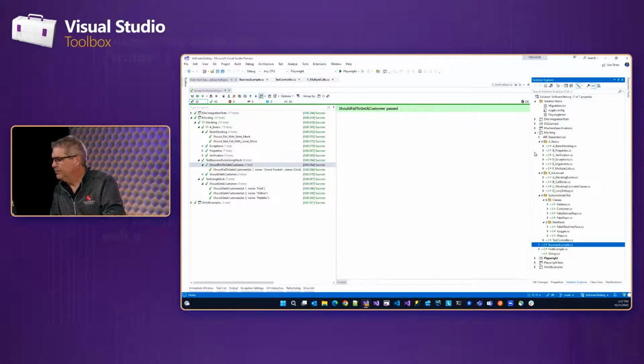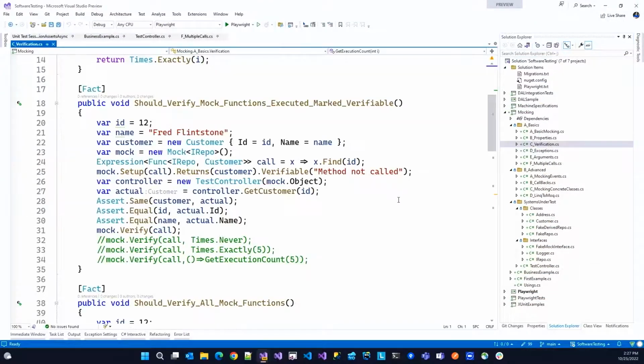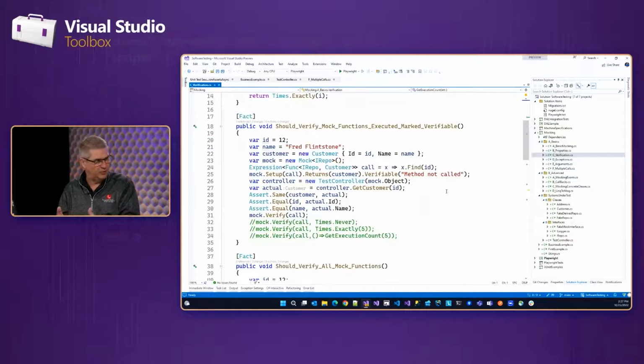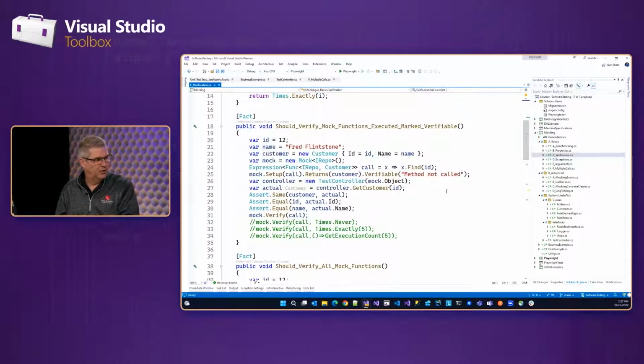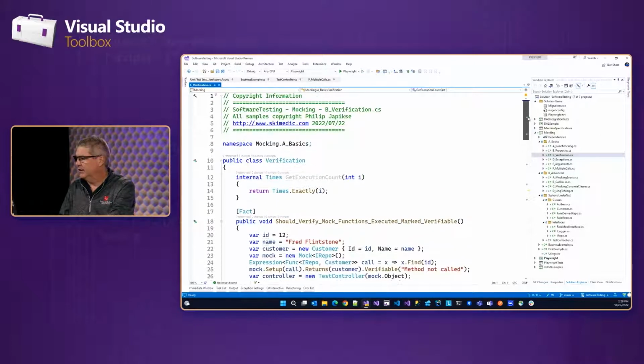So we left off with properties, and this next thing actually ties perfectly into what we were just talking about. And it's verification of your arrangements. So it's one thing to mock it, and the strict mock, as we discussed, will verify whether something was set up or not, and whether it was called or not. But what if you have something that should be called twice, or should never be called twice? We can also set that up and verify the number of times something was called. So let's look at a very simple example.